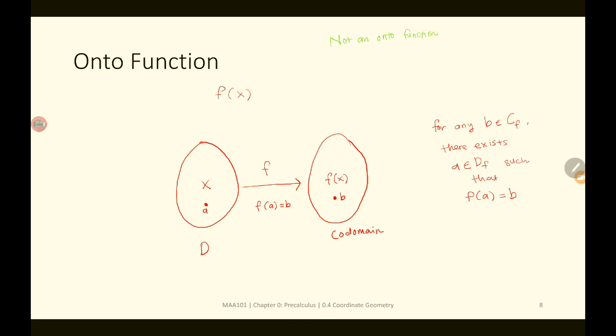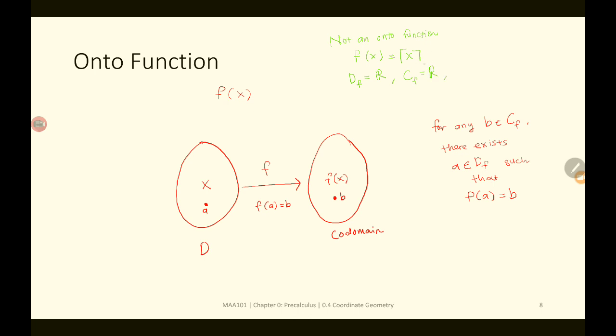Suppose we have a function f of x equal to the greatest integer, the ceiling, that we have seen before. This is not an onto function. Why? Because the domain of f is real numbers, and the codomain of f is maybe real numbers,